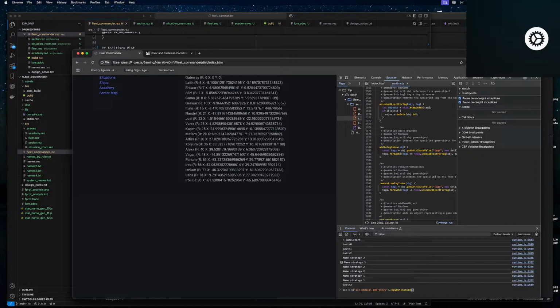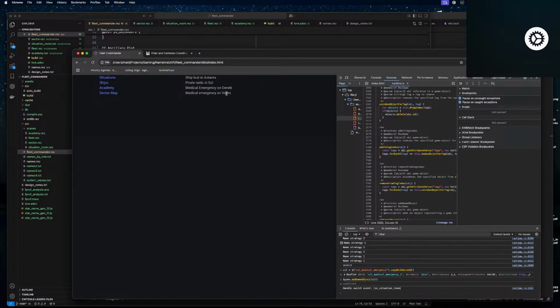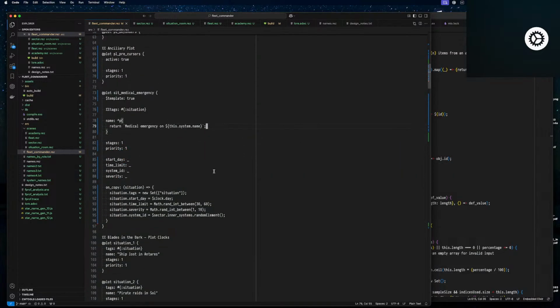So we create our new situation, add it to the game, medical emergency on Vares. Okay, so now we have our first example of, I mean, I get it, it's not,